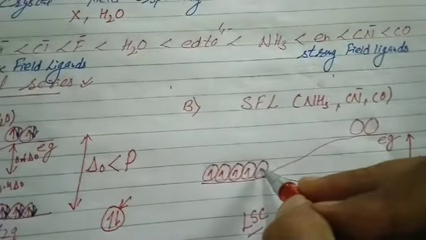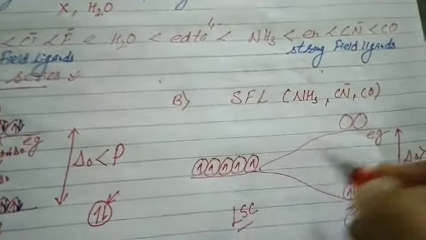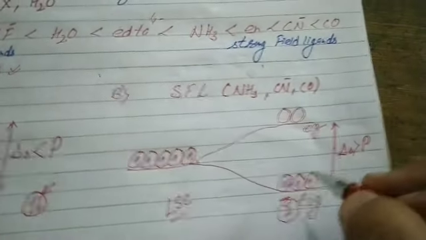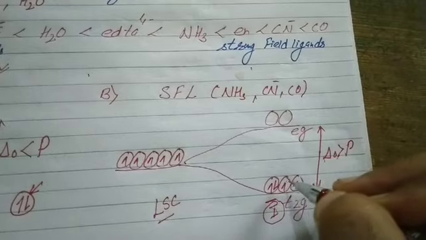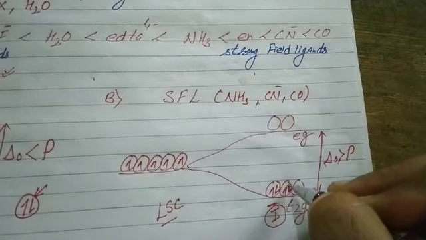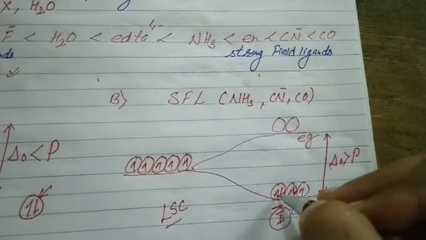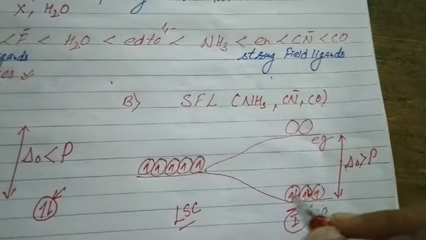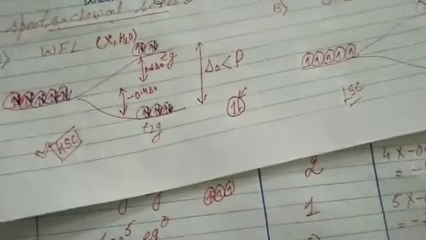Please come here. That is d5: 1, 2, 3, 4, 5. When we add electrons, it splits. For a strong field ligand, that's the condition. 1, 2, 3, 4, 5. How many sets are paired in the presence of ligand? 2. In the absence of ligand, none. It means 2 extra sets are paired. So we write 2P. I hope the concept is clear.